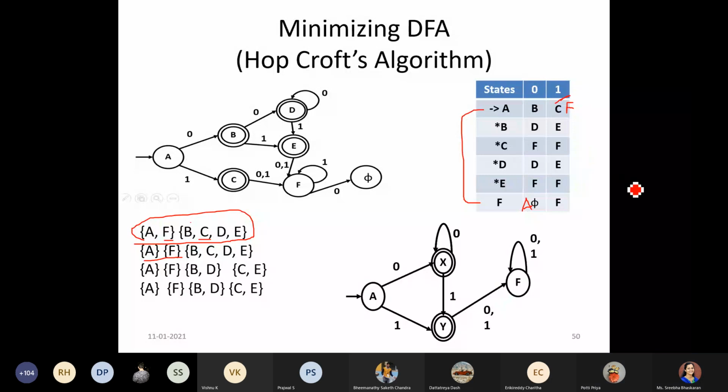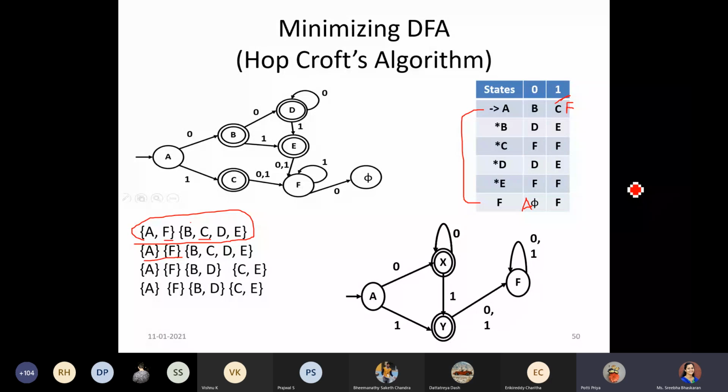That means if F was a final state, then they can be merged together, no ma'am? I just told a generic one, not for this particular case. Don't compare it with this particular DFA.